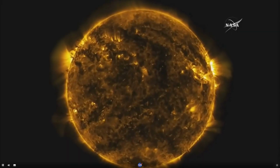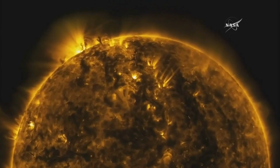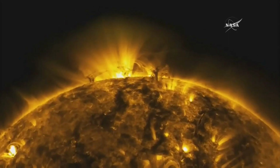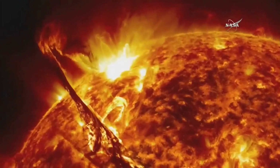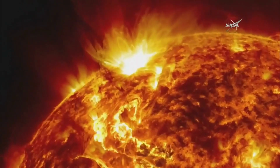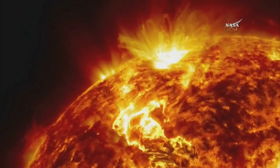Well, SDO is one of NASA's heliophysics fleet. It gives us an unprecedented view of the sun. Incredible detail, incredible time and spatial resolution. It shows us 10 different wavelengths of light at the same time, mostly extreme ultraviolet light, showing the sun's outer atmosphere, corona and chromosphere, where we can see all of the dynamic phenomena that's happening. It is putting down almost 2 terabytes of data a day, giving us these unbelievable views of solar eruptions, solar prominences, solar flares, and all of the activity in the sun that drives space weather, what Yari spends her days